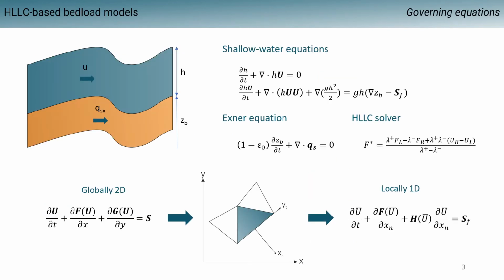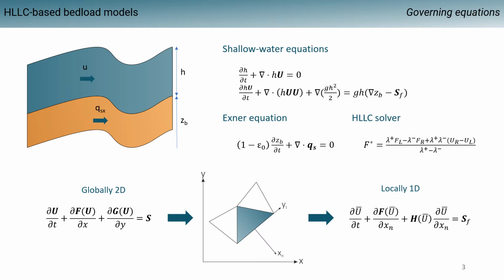Okay, so as previously mentioned, the models that I am about to discuss are two-dimensional finite volume models which solve the shallow water equations for one single layer of water with a velocity u and depth h that is lying upon another finite layer of sediment for which the Exner equation only will be solved. Hence, the movement of sediment is only due to bedload and will depend on the closure equation for the solid discharge Qs. Even though a large number of formulae exist for that, I only use the Meyer-Peter and Müller